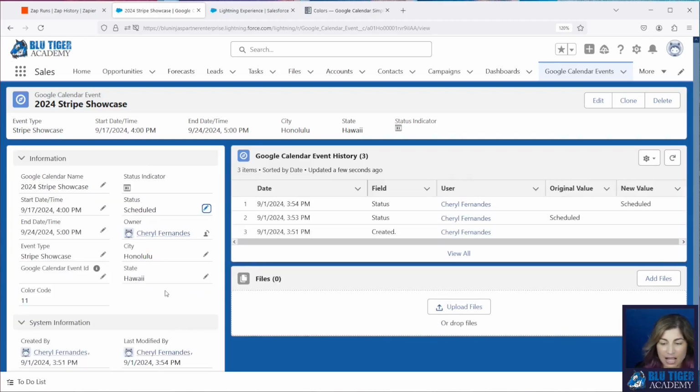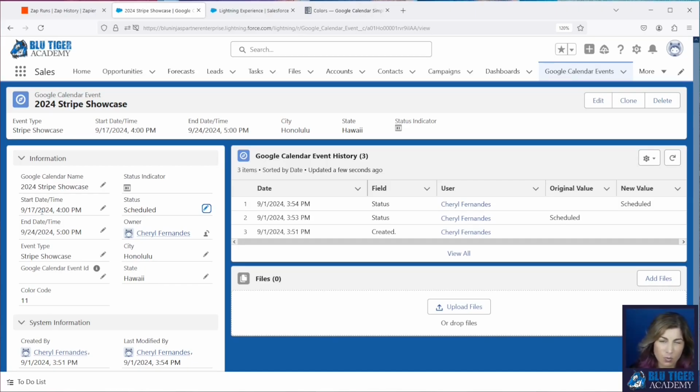All right, so now this should have triggered the Zap. Now let's talk about some things that we're gonna satisfy in option number 2. Option number 2 is going to allow us to create a flow that is going to create an outbound message that will fire whenever our start time is changed, whenever our end date is changed, whenever our status is changed to scheduled or canceled, whenever a record is created net new with a status of scheduled. So all those different scenarios will be satisfied with one flow and one Zap.